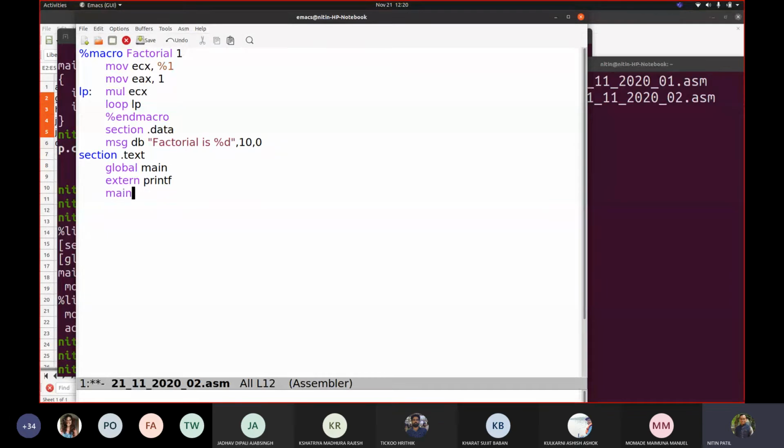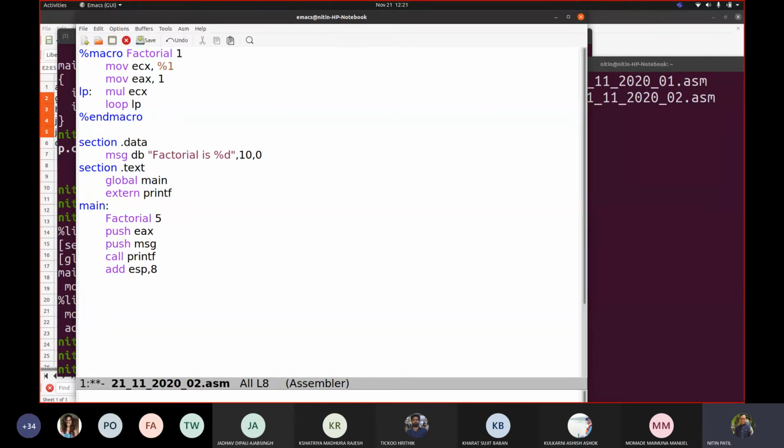Okay, now in your main, we are saying factorial 5, push eax because eax is containing the value. Then push msg, call printf, add esp, 8. Can you see the code? Is it correct code? Hopefully it is correct.